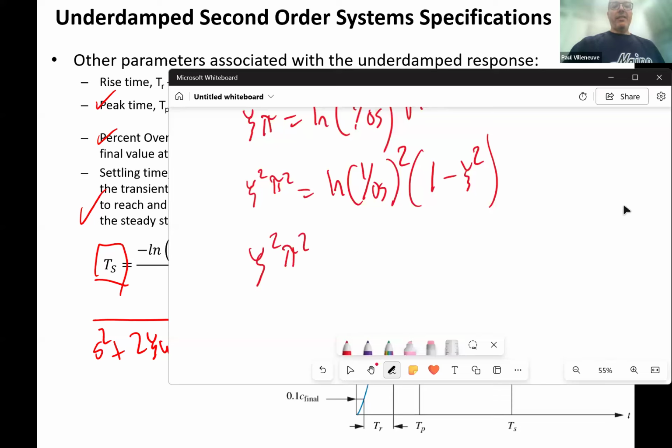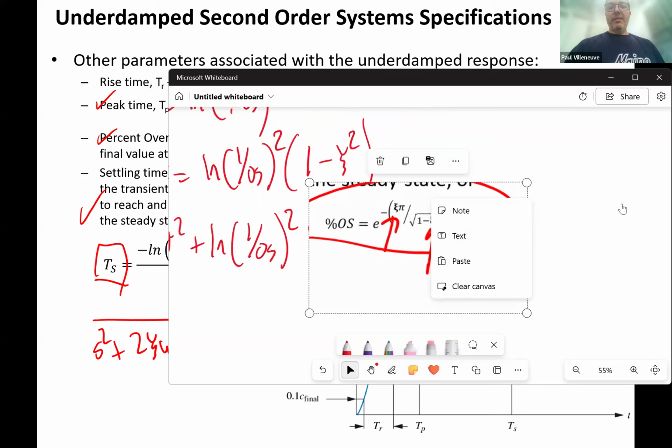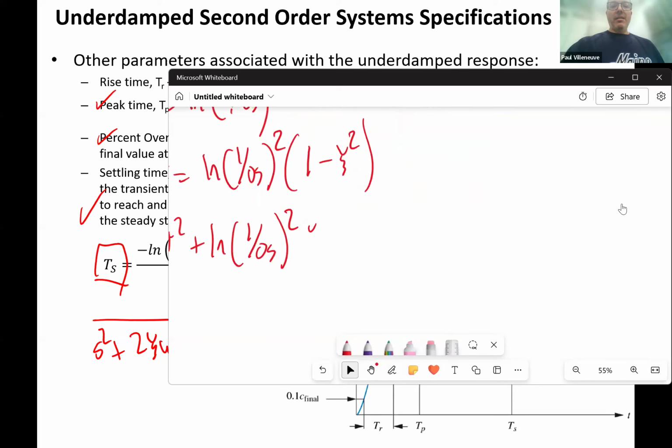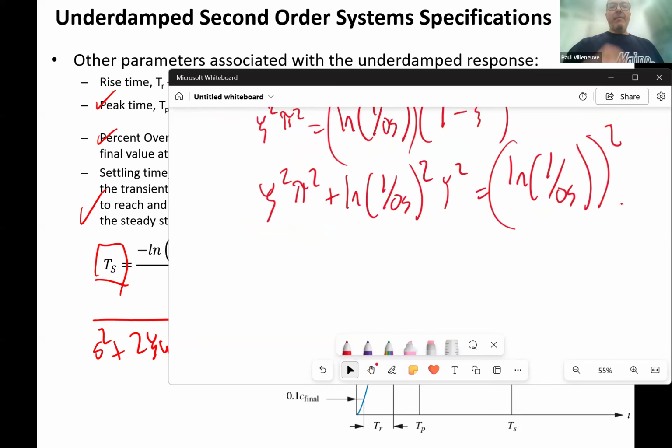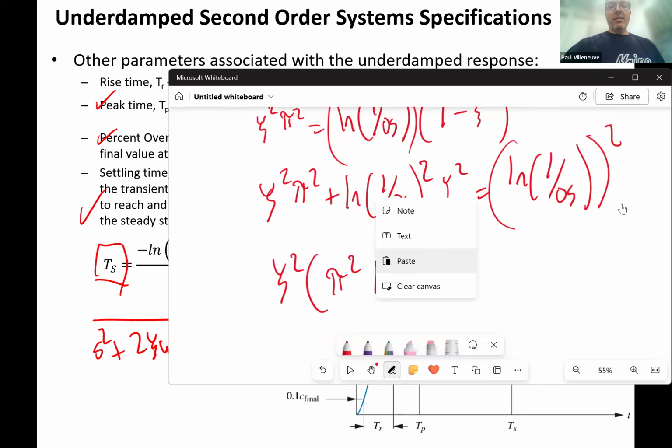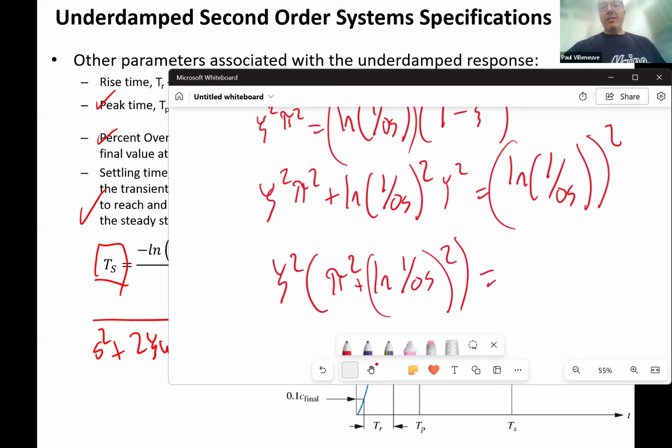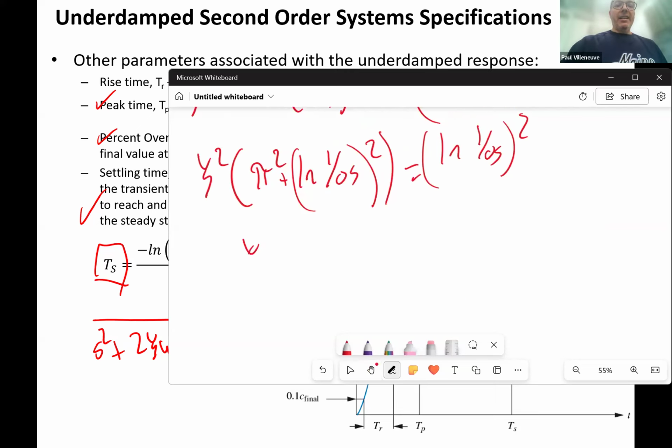Zeta squared pi squared plus the natural log of 1 over the overshoot squared times zeta, whoops, times zeta squared is equal to the natural log of 1 over the overshoot. That whole thing is squared, right? I should make sure that that's all squared. So now I'm going to factor out the zeta squared. And finally,